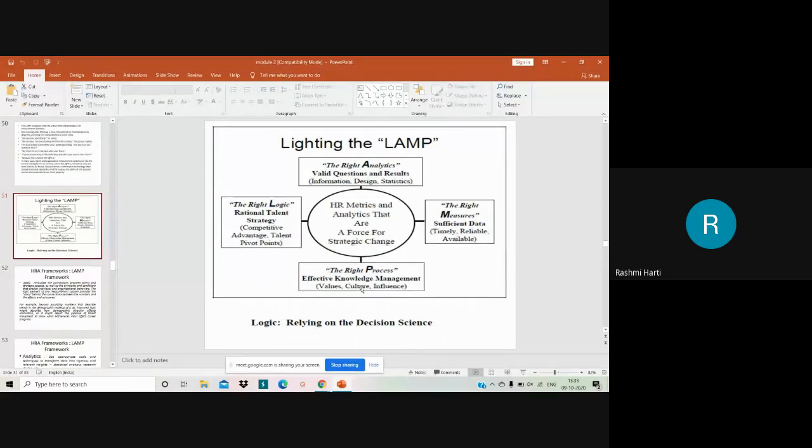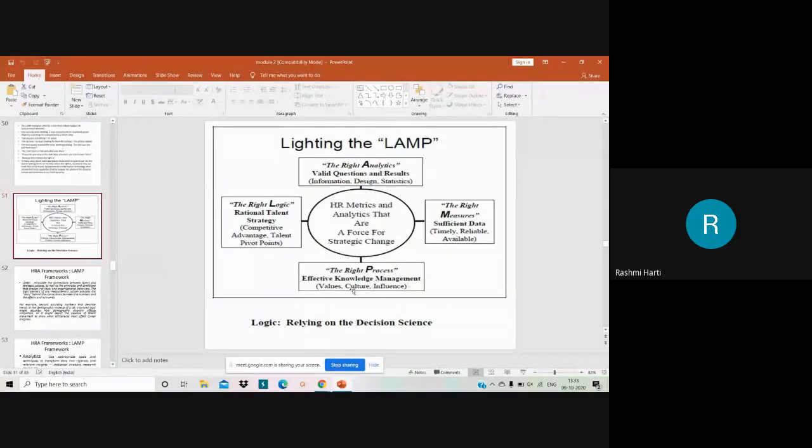Everything is measured, okay, everything is calculated. There are a lot of tools which are being used. So that's what we say, when you're collecting the data, you collect the data based on some logic, and then you identify that data, collect that data, analyze that data, and then measure that data. Once you have analyzed and kept that data, you will be using it whenever it is required, and based on that you are going to see to it that you have effective knowledge management.